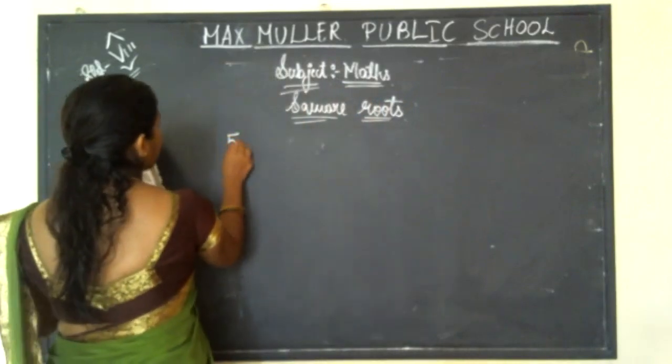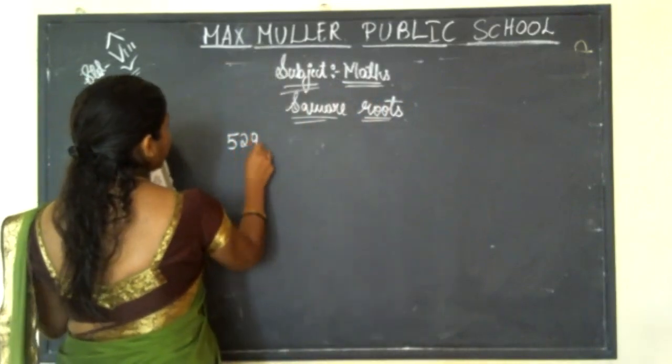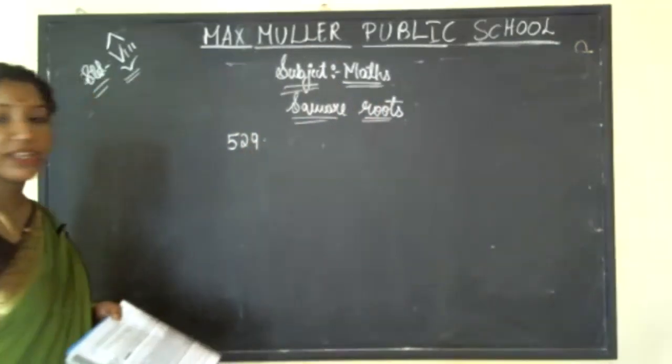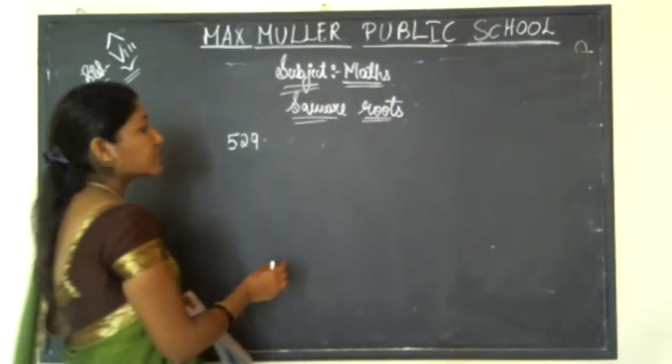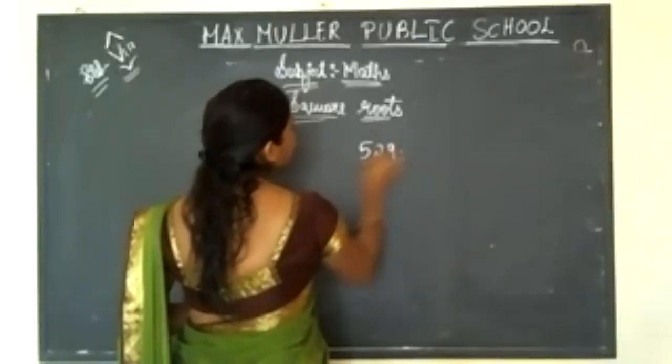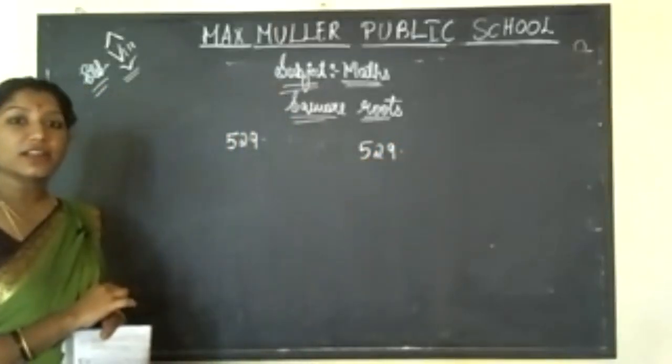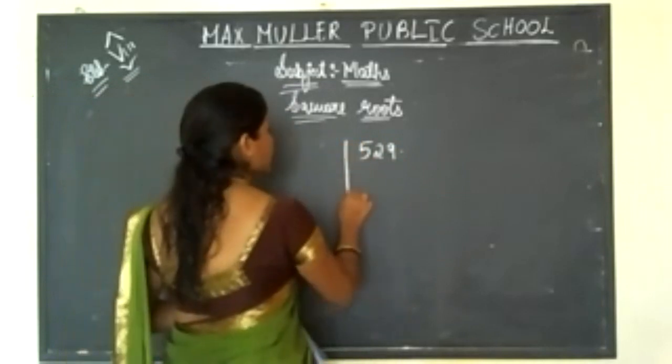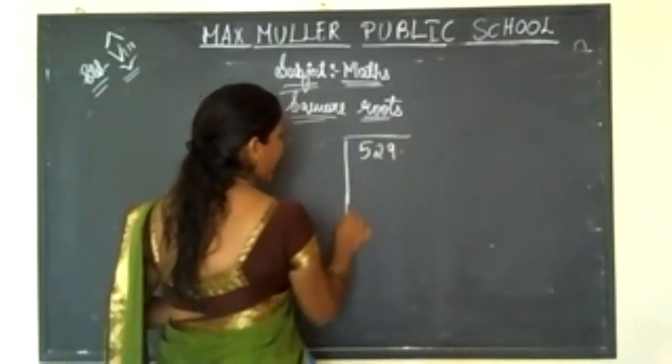You have to find out the square root for 529. So by the division method, this is the new method to you. Let me teach you in this class. See, the number is what here? 529. So first you have to,